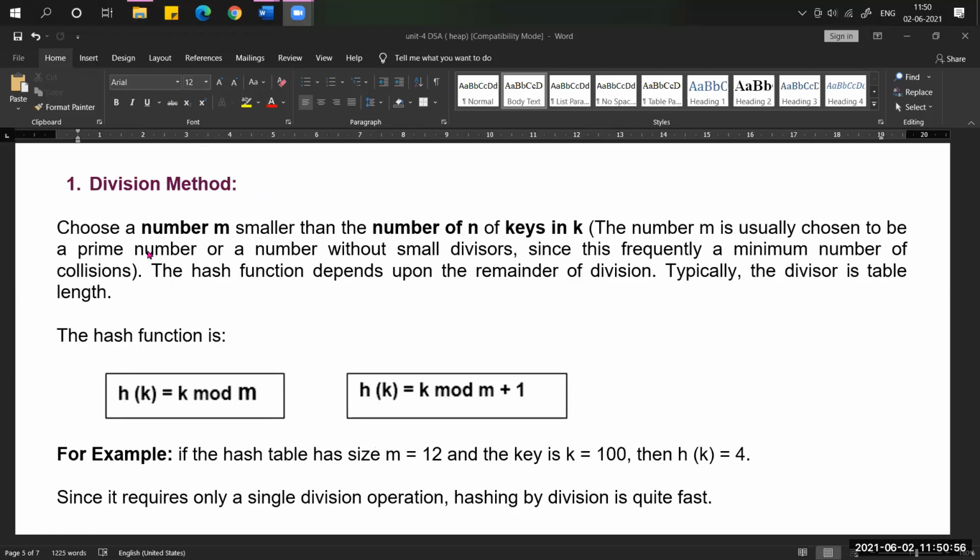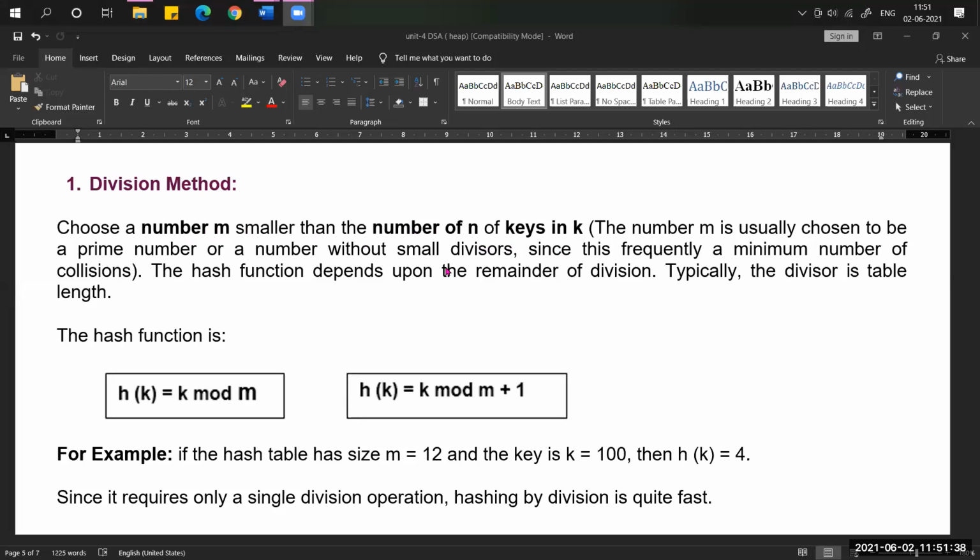Look here. It will choose any number, which up to now we call a data item, or any number m smaller than the number of keys in k. Simply put, if you take any large number, you have to convert that large number into a small number.